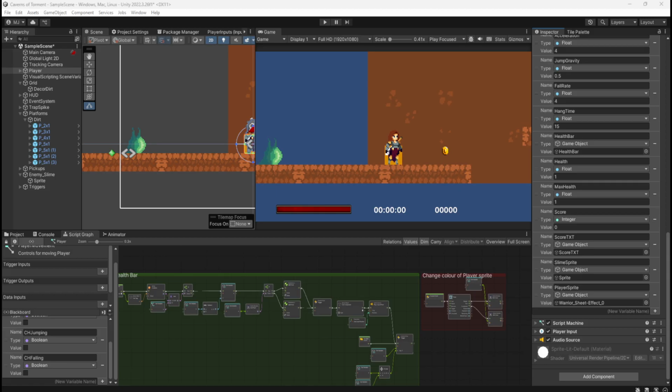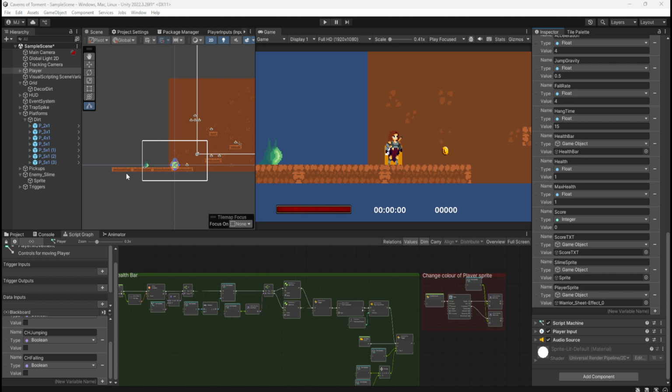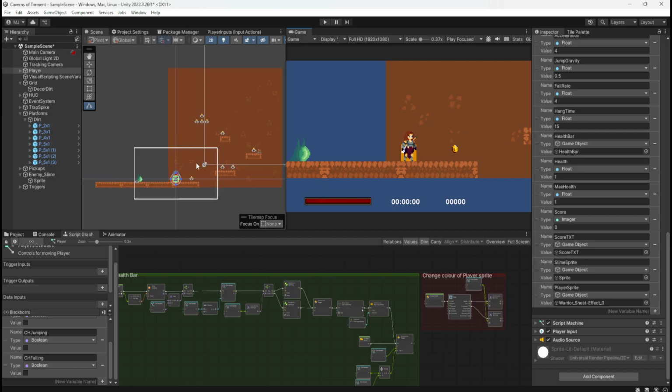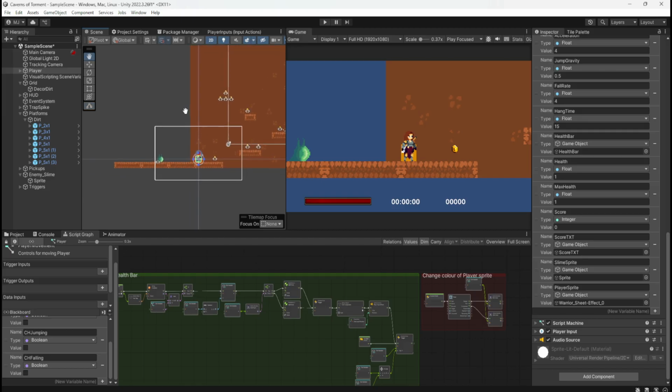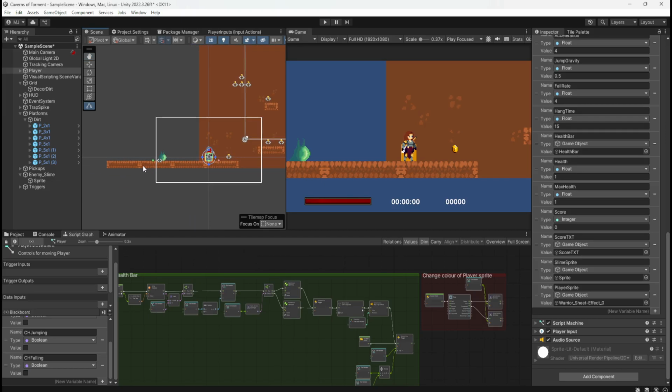So we're going to do a quick recap of what I've got in the game so far. If I zoom out on the left here, you can see the scene. Basically, we have a slime enemy that moves between 2 points. When he hits the triggers, his animation